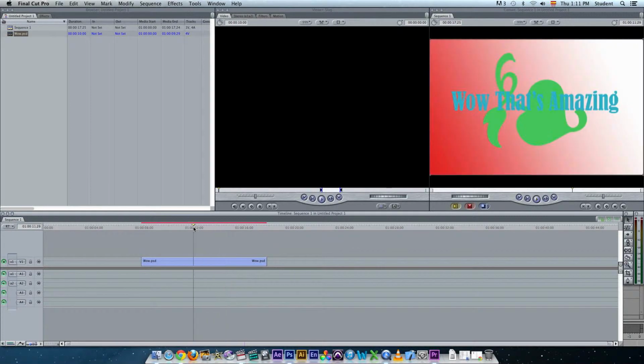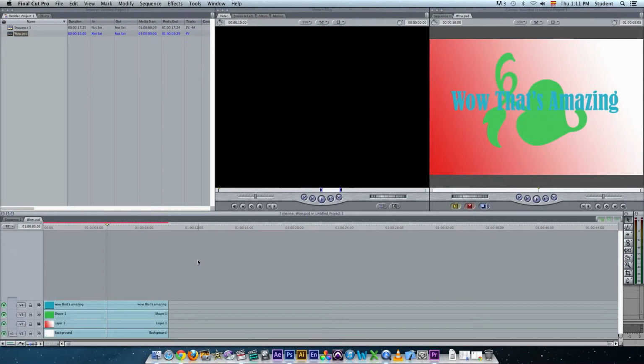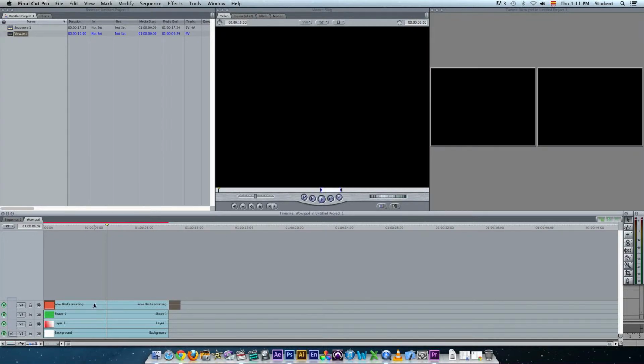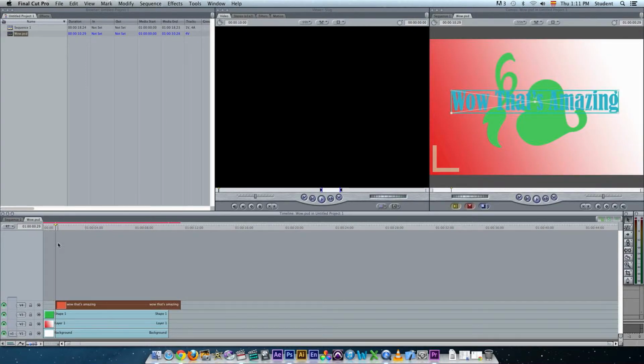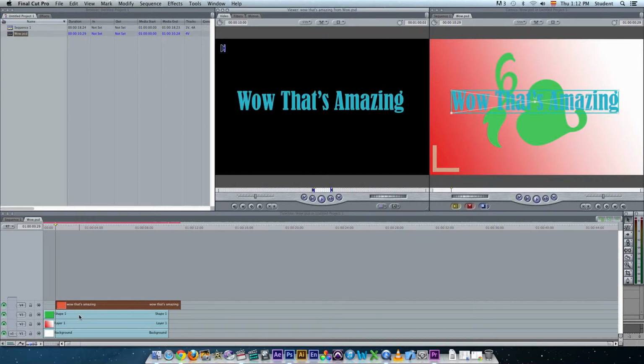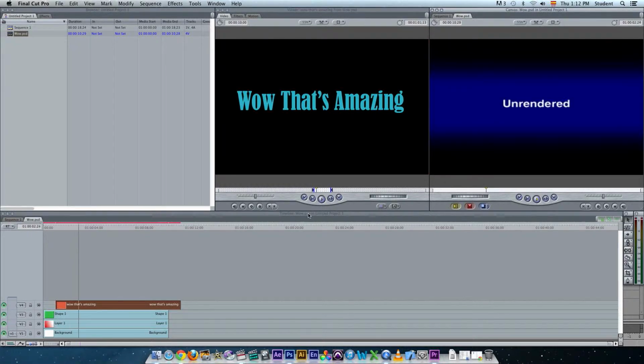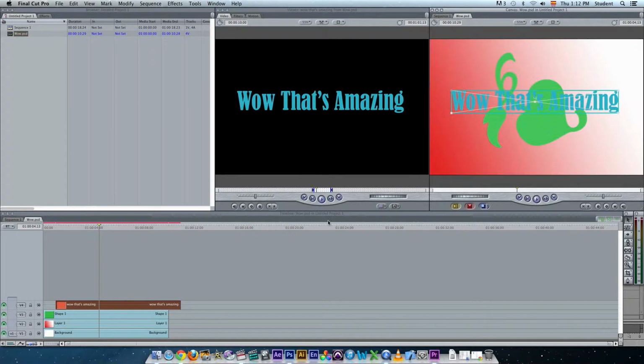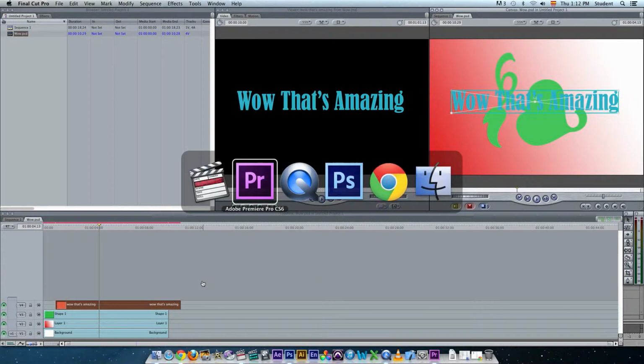So that's very frustrating. And if we double click it, we can move the different layers around and effects, and if we want to preview it, it still gives us the unrendered. So we can go ahead and render each time we want to move it, which is very time consuming. So let's go back to Premiere,